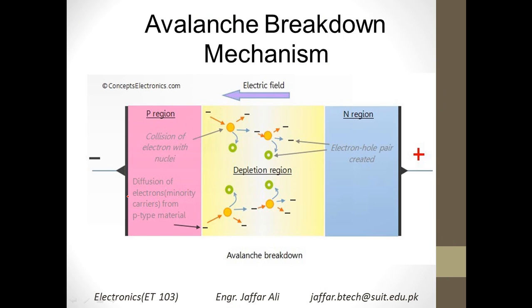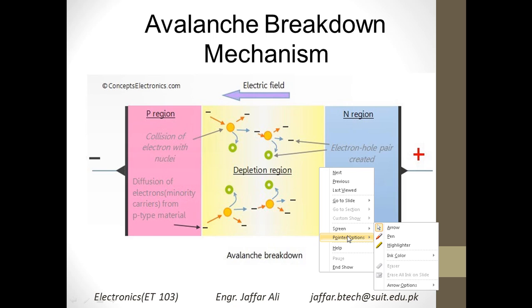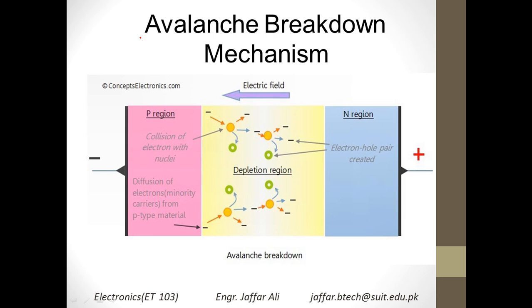There is a diagram here. In this diagram you can see this is your P region and this is your N region. If you increase the depletion region width, you require a huge electric field that can overcome this large width of the depletion region. For this you need a huge voltage, and that voltage is known as the avalanche breakdown voltage. We have discussed that the avalanche effect occurs at high voltages, so you will need a high voltage to overcome such scenarios.